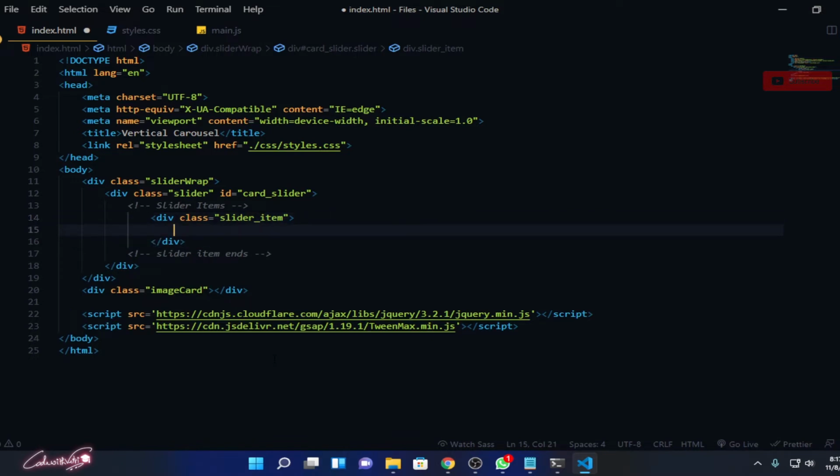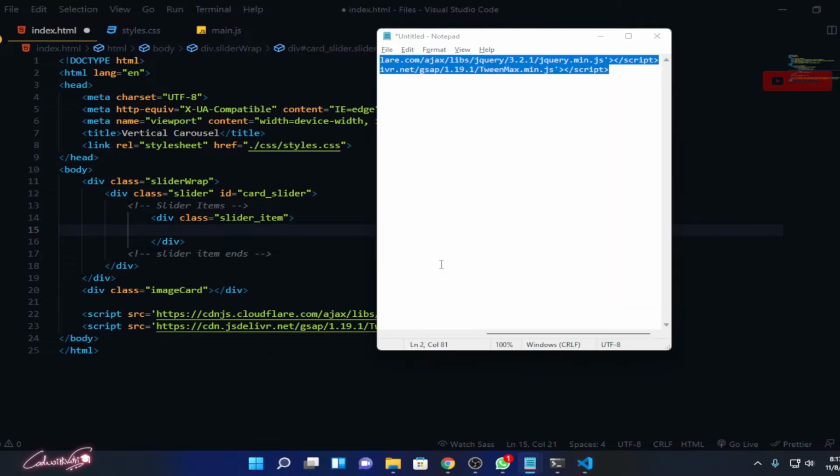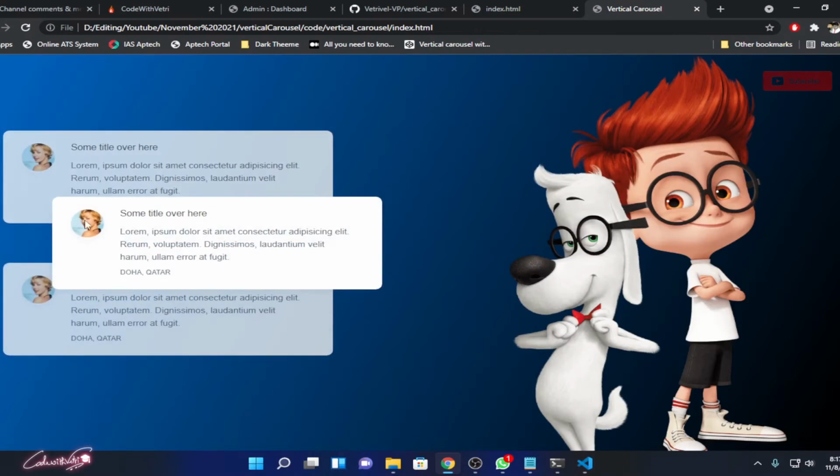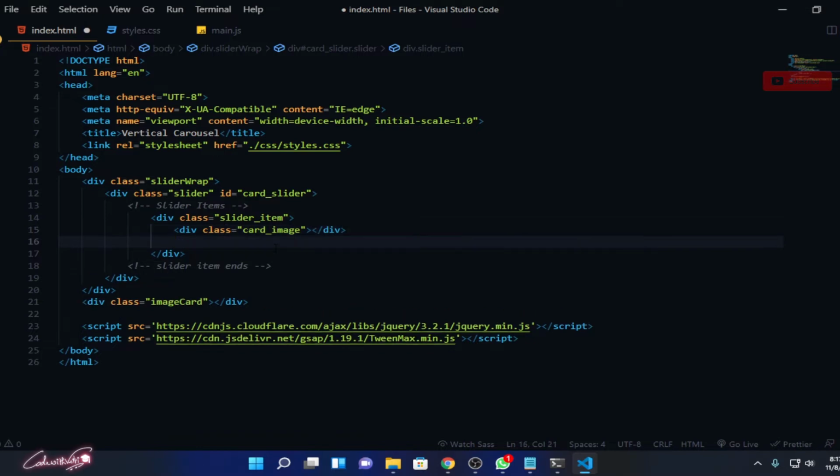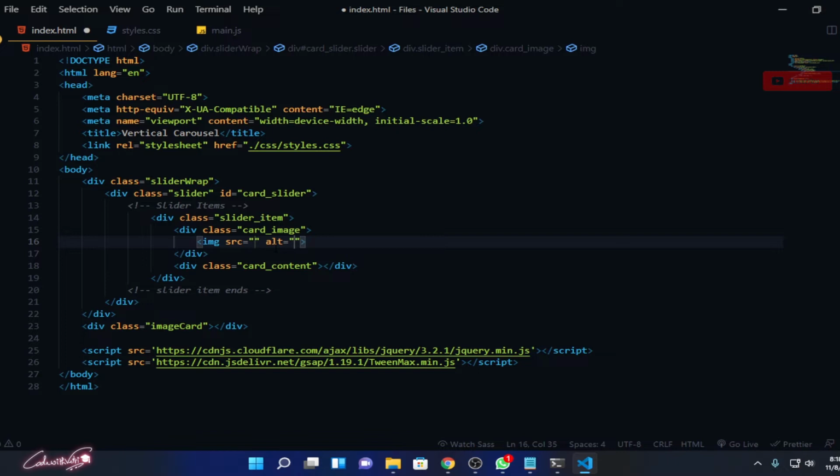Inside this it's going to have two divisions. One is for your image and another one is for your content. If you have a look at here, you can see we have this image and we have this content. So dot card underscore image and dot card underscore content. Inside this we need to load the image, so image dot slash image